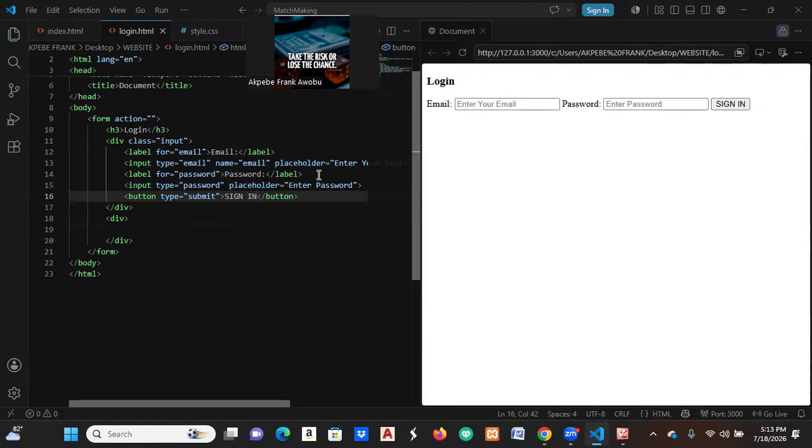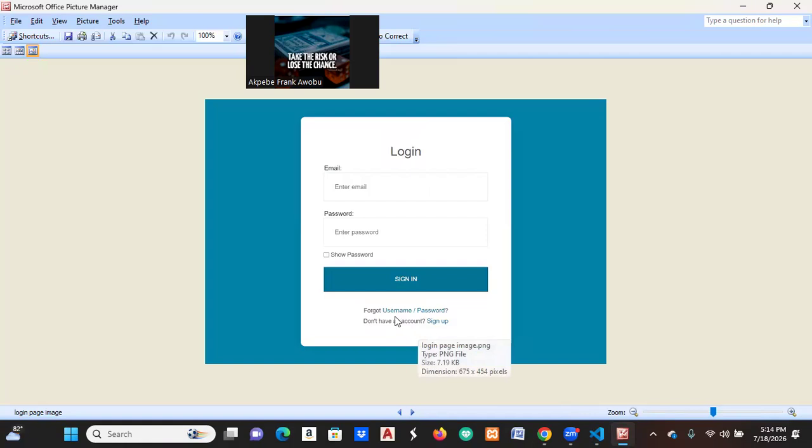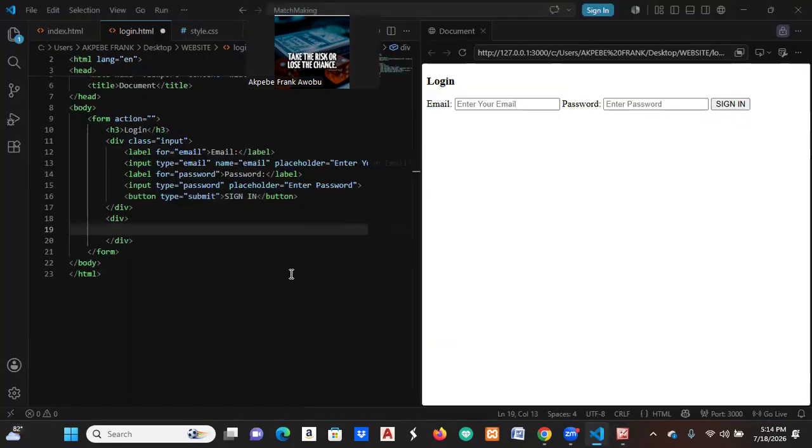So we are done with that. Then we'll go straight to the other items, which is the last section. We have forgot username and password, and we also have a sign up there. So just say